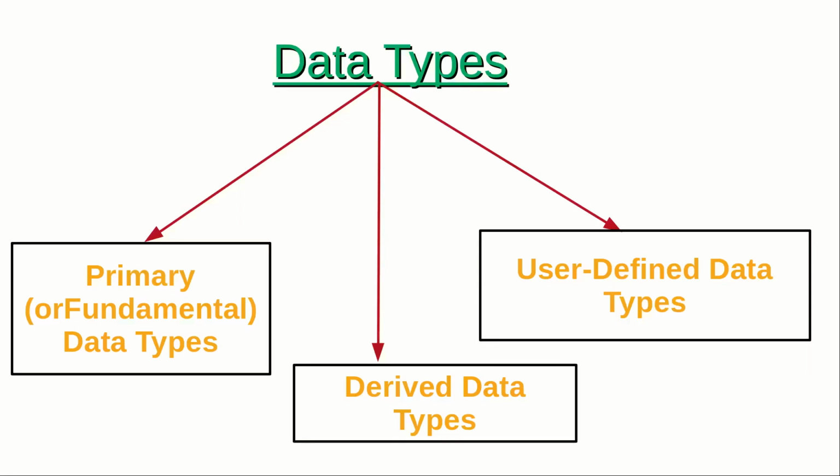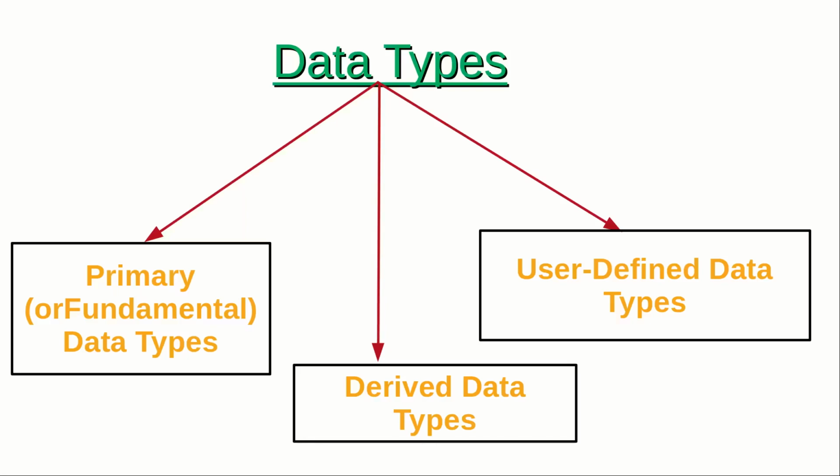For example, if I give you a number 5 and ask you what type of data it is, you may say it is an integer. And yeah, you are absolutely correct. 5 is an integer, and integer is a type of data. Similarly, if I ask you what type of data is associated with the letter M, it may appear as a character to you. So now you might have understood what data type is.